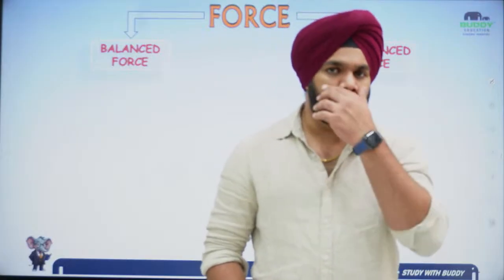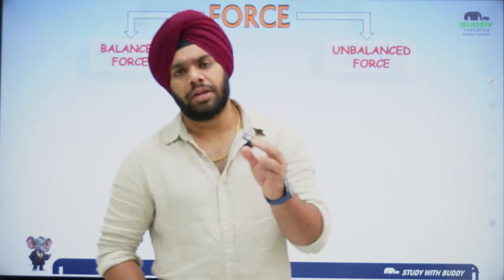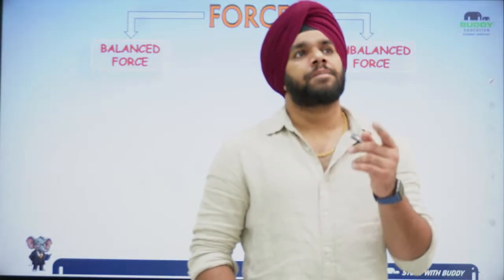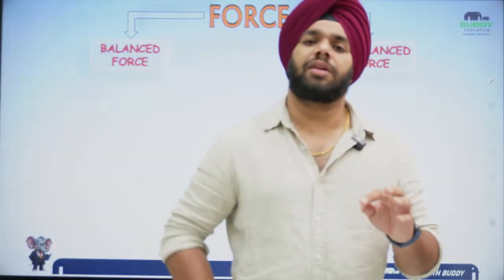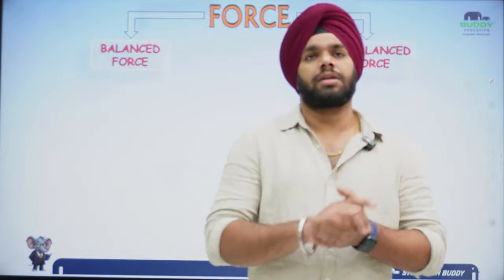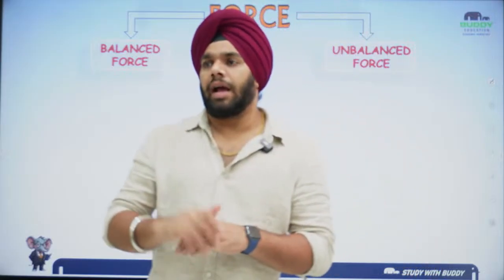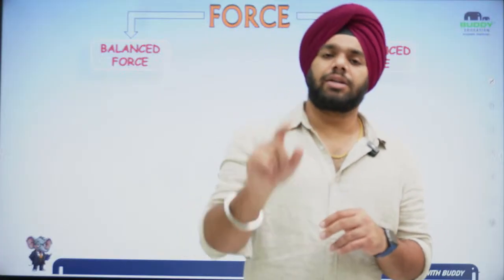The only difference is that here we are focusing on the magnitude part, right? If the net force magnitude becomes 0, like if you total all the forces and the net force acting on the body is 0, then you say that it is under the balanced condition, so we call it balanced force. Also, if the net magnitude is not equal to 0, like suppose there are 5 forces acting on an object, and if we add all the 5 forces and the net of all the 5 forces is 0, then we call it balanced. But if the net of these 5 forces is not 0, then we call it unbalanced force.